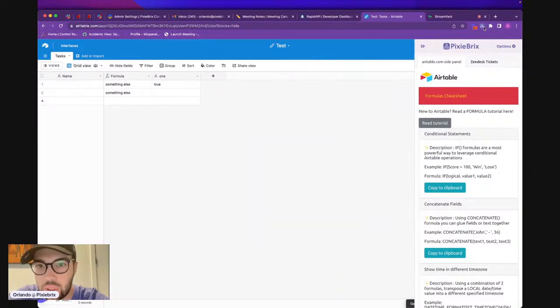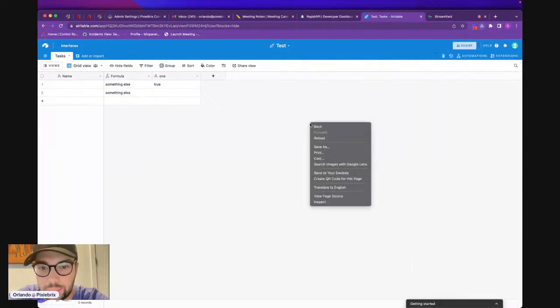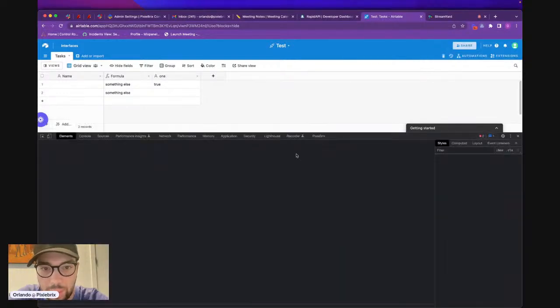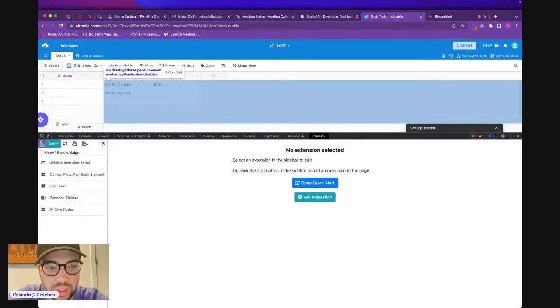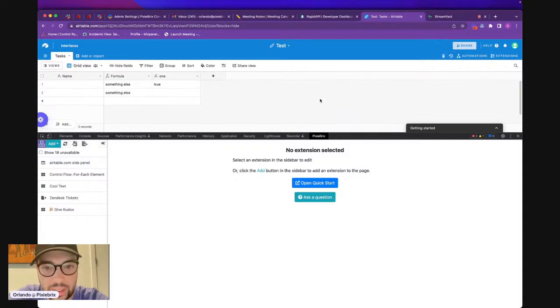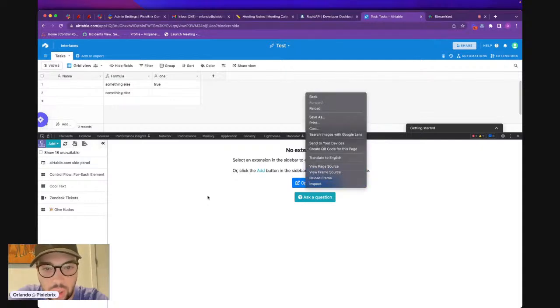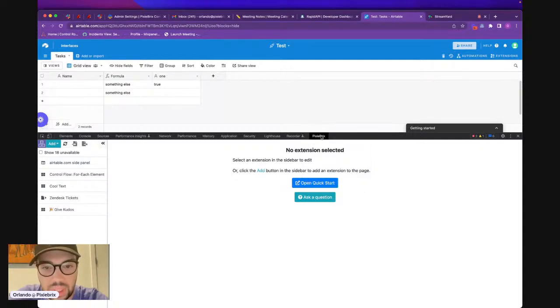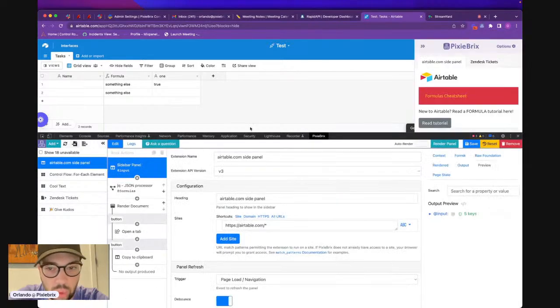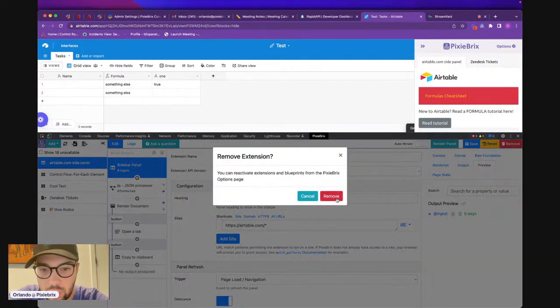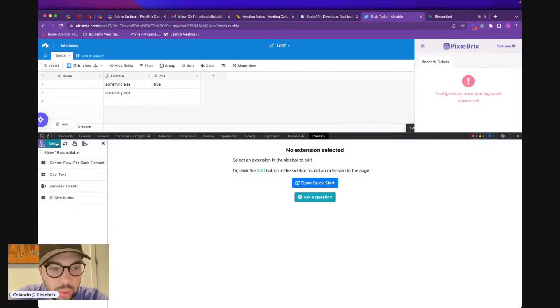And if there are any questions in the chat, I will take them at the end. So let's go and inspect and go here under Pixibricks. As you've seen, I've right-clicked in the page and I call up inspect, and then there's the Pixibricks tab. And now I have this Airtable side panel. We're gonna remove this so we don't cheat. And then I'm gonna add a new sidebar panel